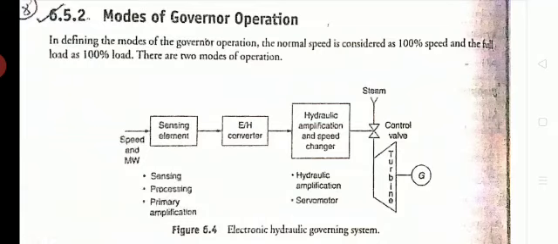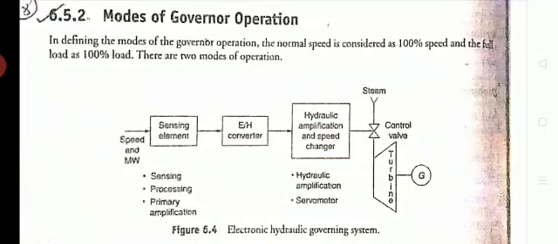So how is the speed of the turbine going to vary here? You can see from the block diagram, the turbine is coupled to the generator, and the generator will produce electricity, which is given to the load. This is how the setup is. Whenever there is a change in the load, if there is any power change on the load side, that is going to affect the speed of the turbine. Again, that is related to the frequency. Whenever the load is suddenly increased, that is going to affect the frequency.